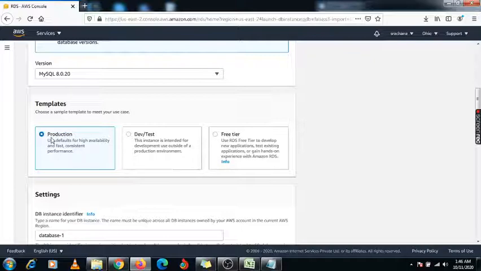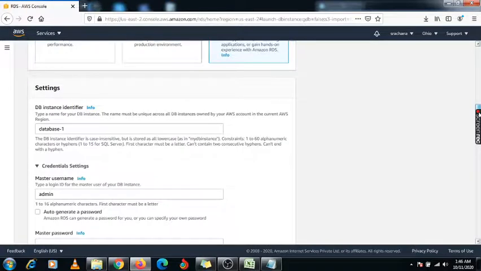For production there are multiple options, you will get some advanced options and advanced settings. Under development some minimum settings are provided, and then free tier, and this is our free tier account. So we are going to create this database for the free tier account.